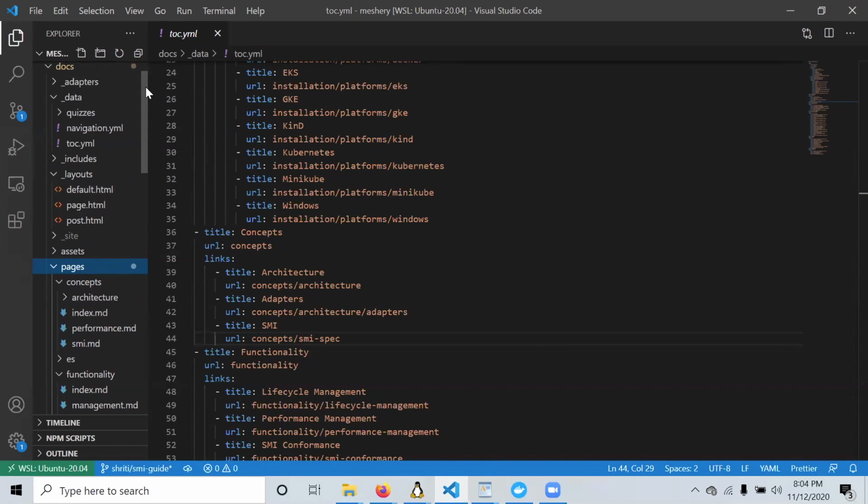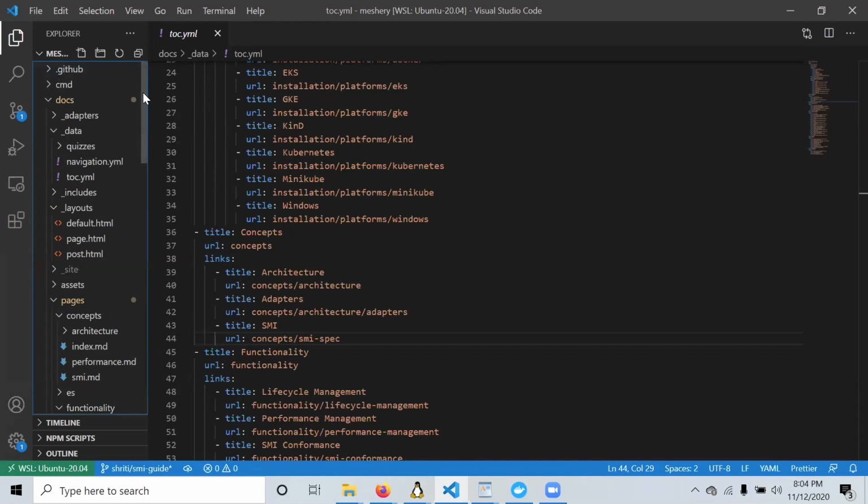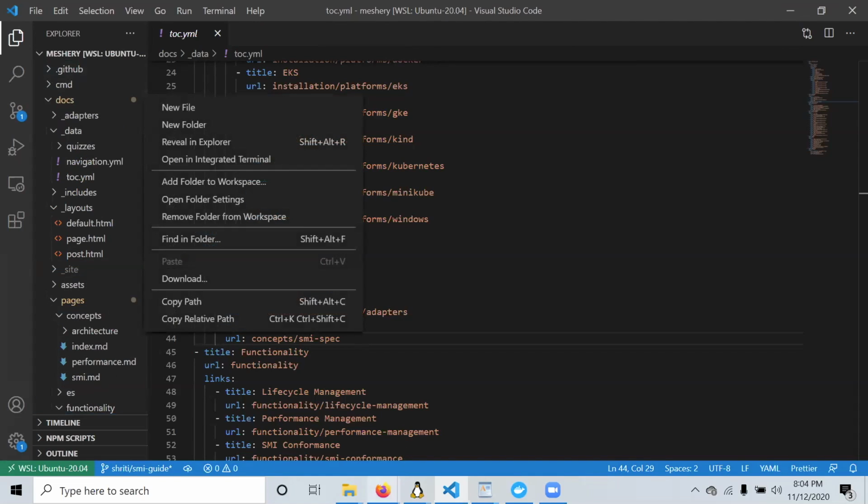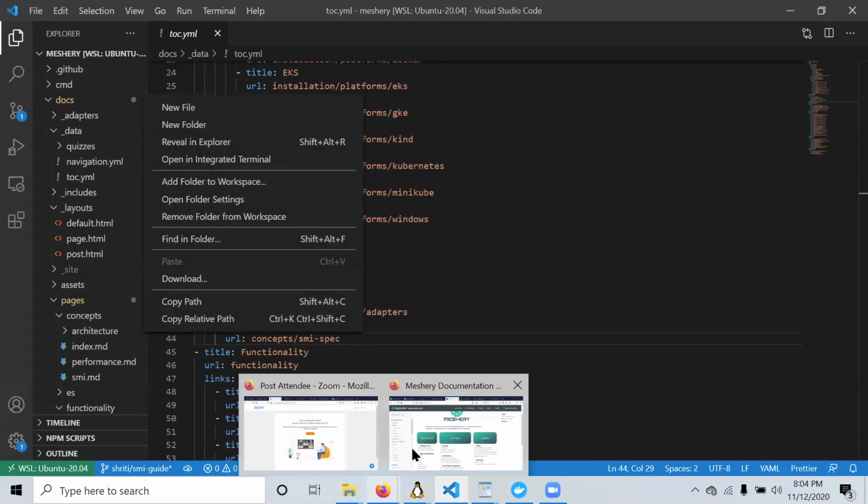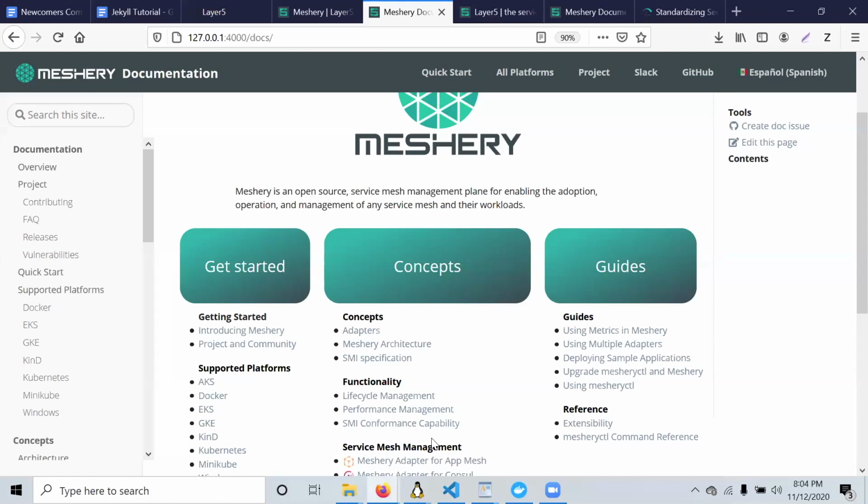It also uses liquid tags, which again makes it very easy to call out anything throughout the site. If you don't know what liquid tags are, I'll put a link in the meeting minutes and you can go read up on it.